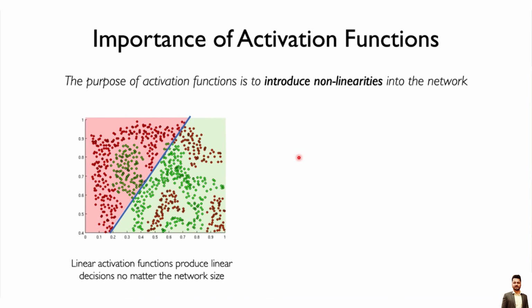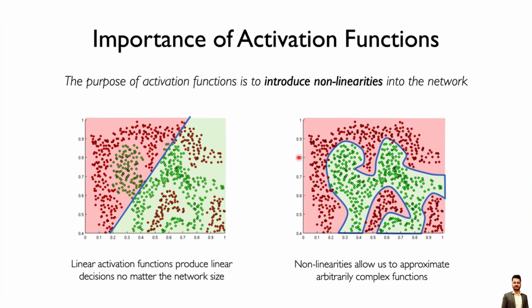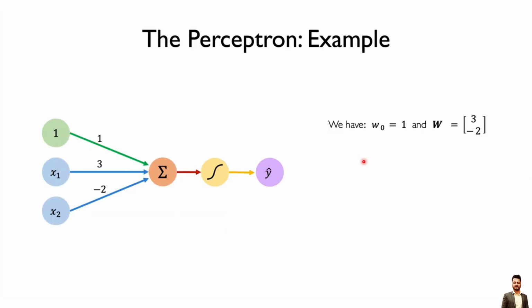And if you have a non-linear function, let's say these non-linear boundaries, you can easily differentiate between the green and the red dots. Now you can see the importance of activation functions here, right? If you have a non-linear function, you can build these kinds of boundaries and do the differentiation or the classification better, right? You can differentiate between the green point and a red point. So this is also called classification. This is a classification problem. Okay, so this is the example.